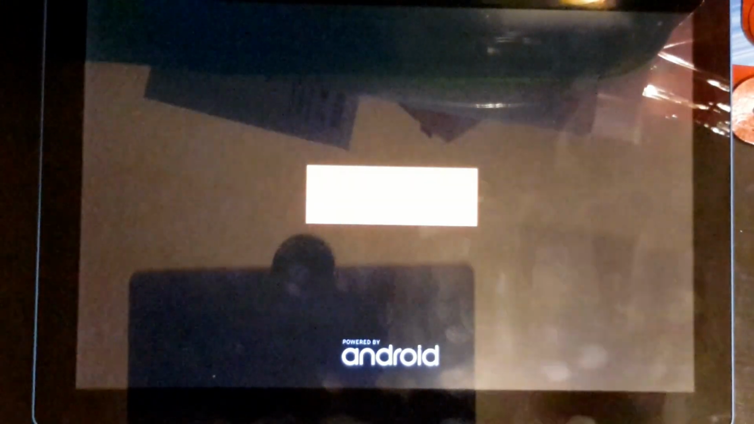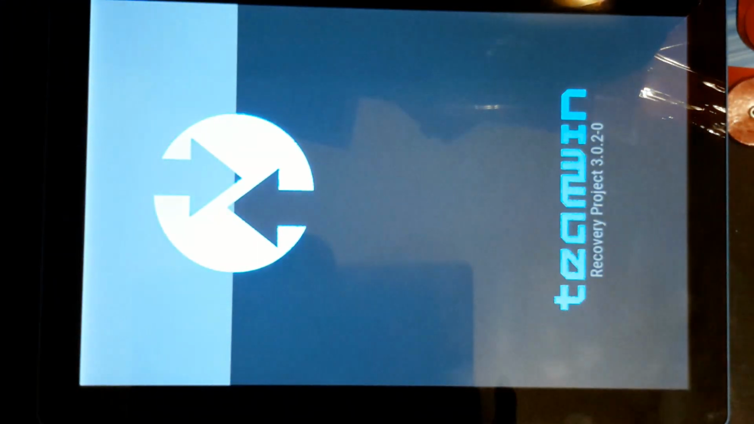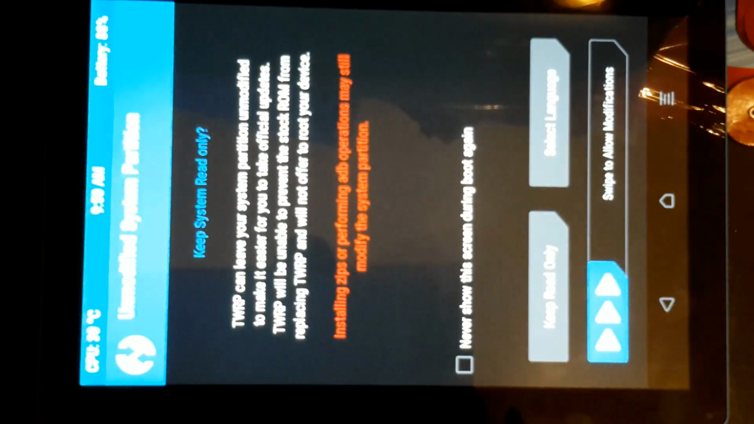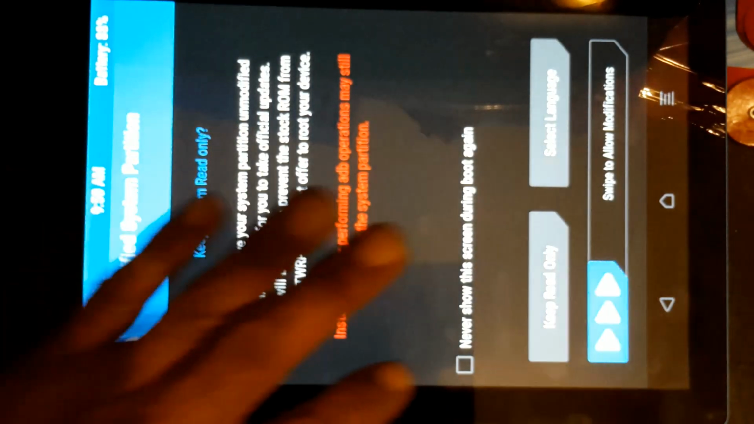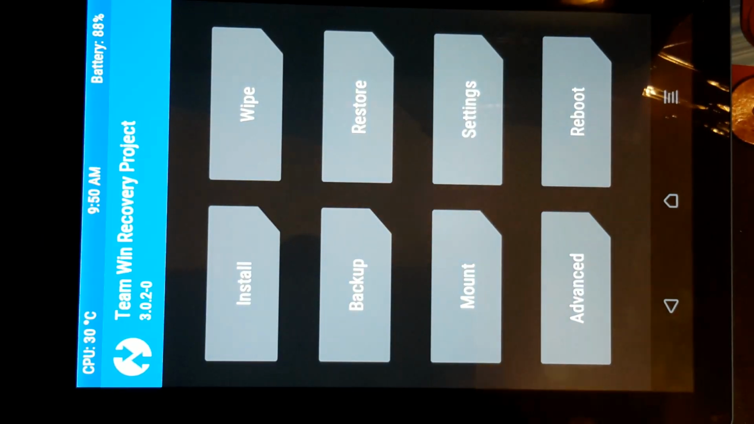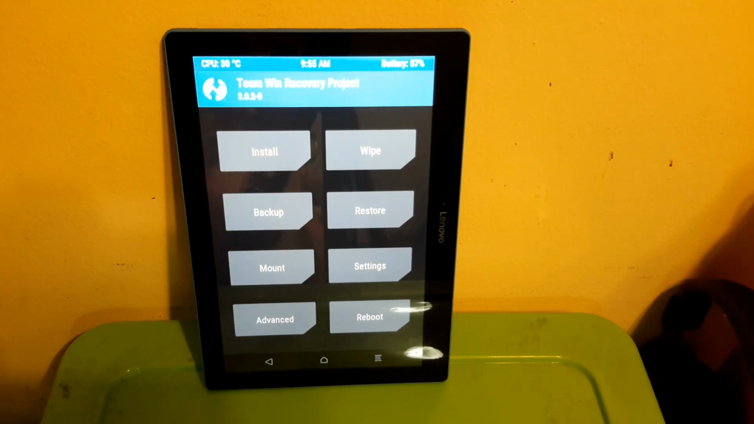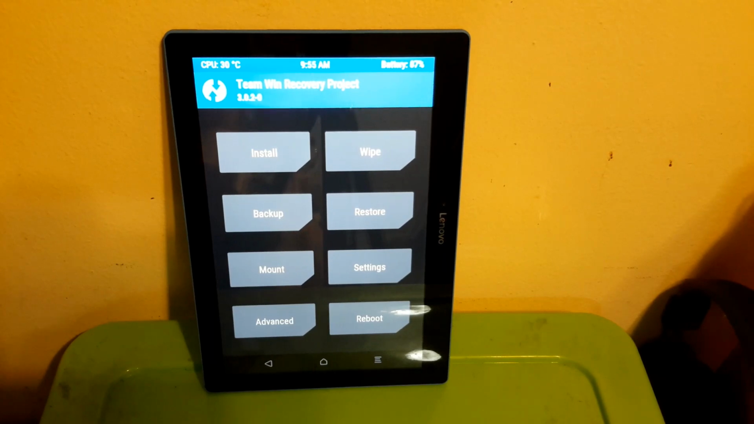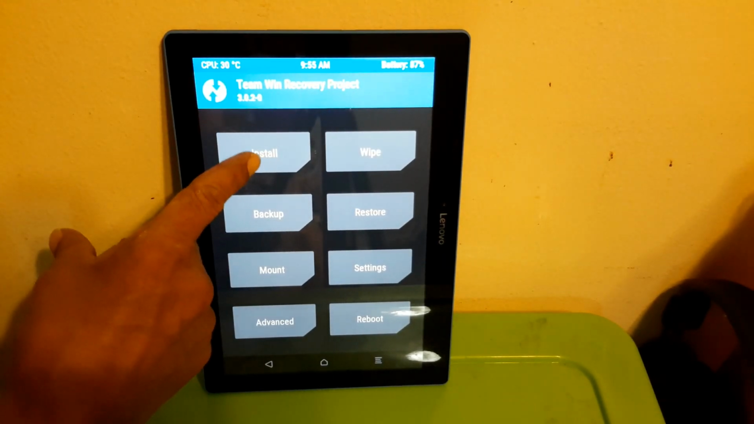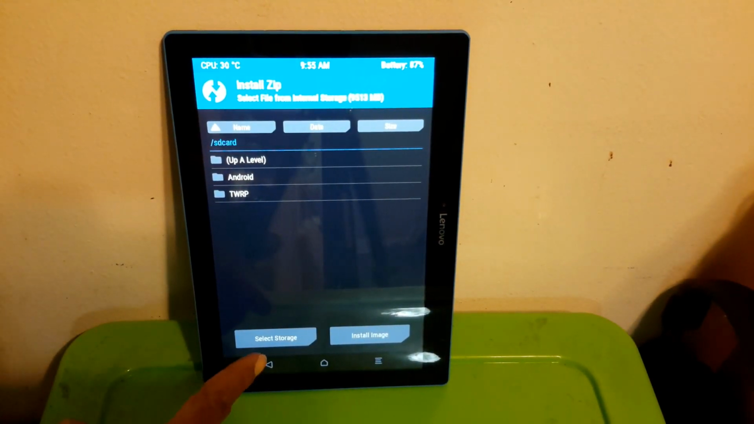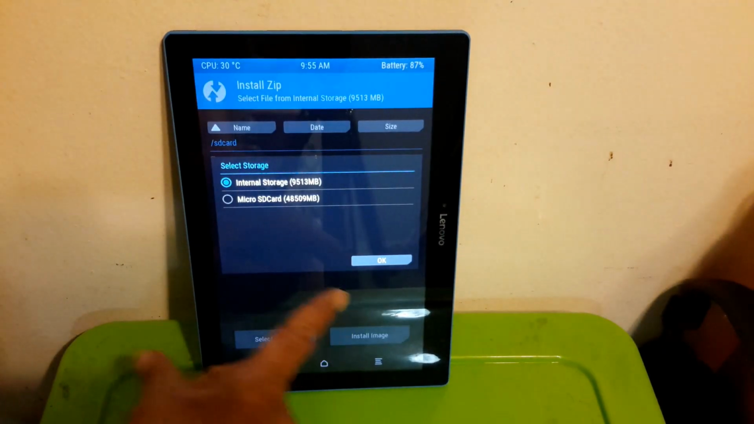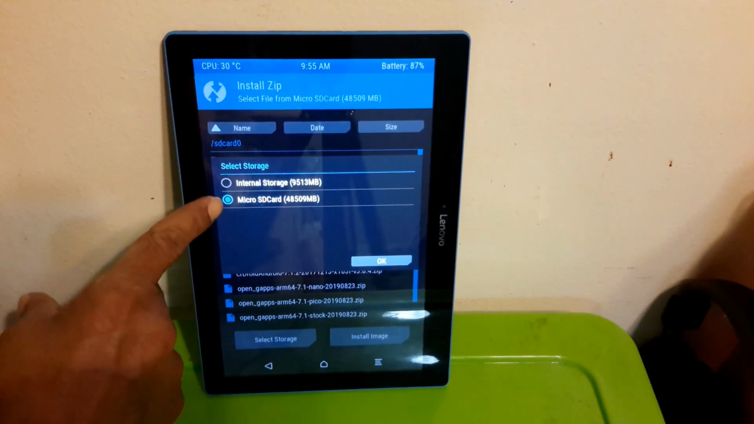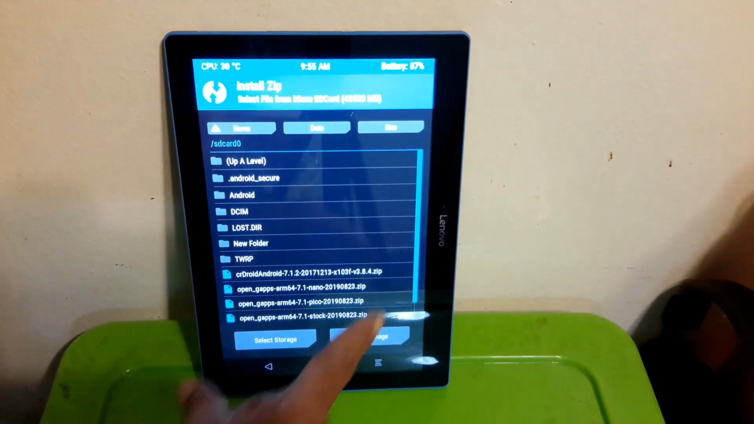Okay, we're in TWRP. We're clicking here and then in there, and there we go. Okay, I have to put it in a better place to make sure that you guys are watching everything. Okay, so now we go to install. Okay, and you're going to choose your storage. I got all my stuff in the micro SD card. Click OK,